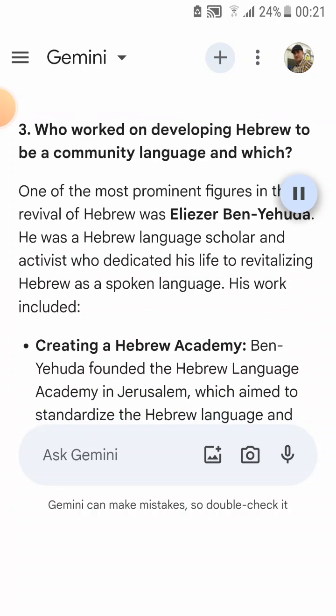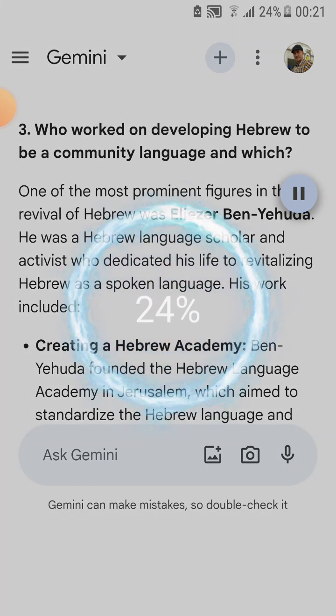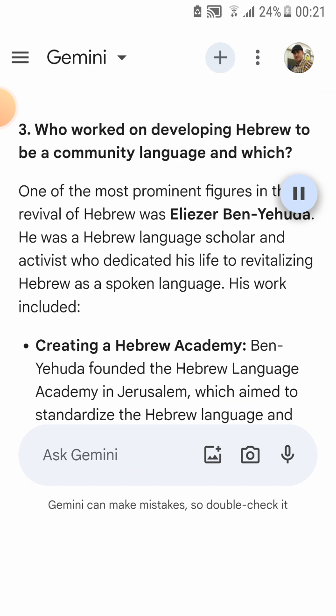3. Who worked on developing Hebrew to be a community language and which? One of the most prominent figures in the revival of Hebrew was Eliezer Ben-Yehuda. He was a Hebrew language scholar and activist who dedicated his life to revitalizing Hebrew as a spoken language. His work included creating a Hebrew academy. Ben-Yehuda founded the Hebrew Language Academy in Jerusalem, which aimed to standardize the Hebrew language and promote its use in